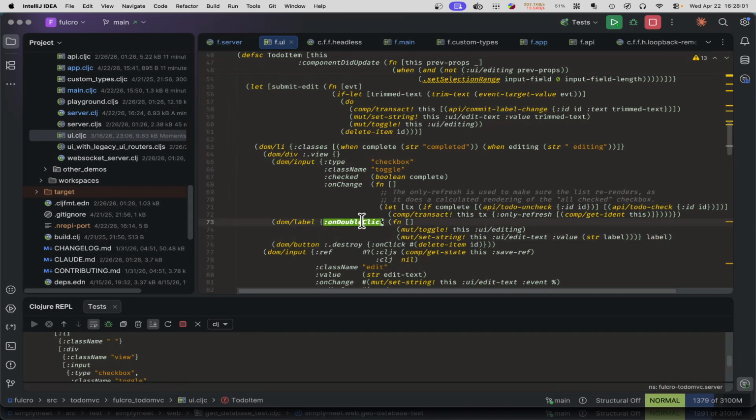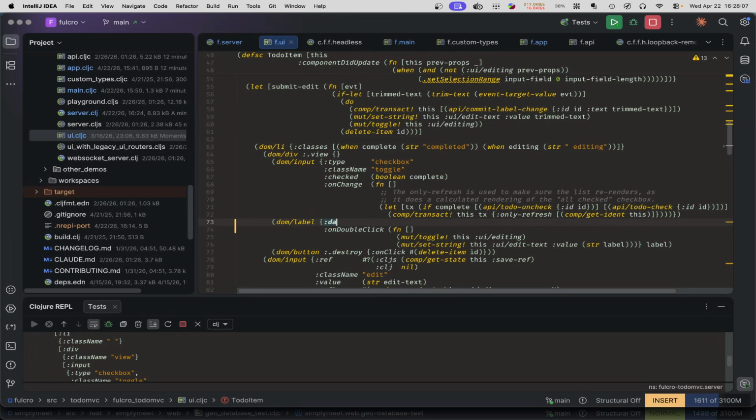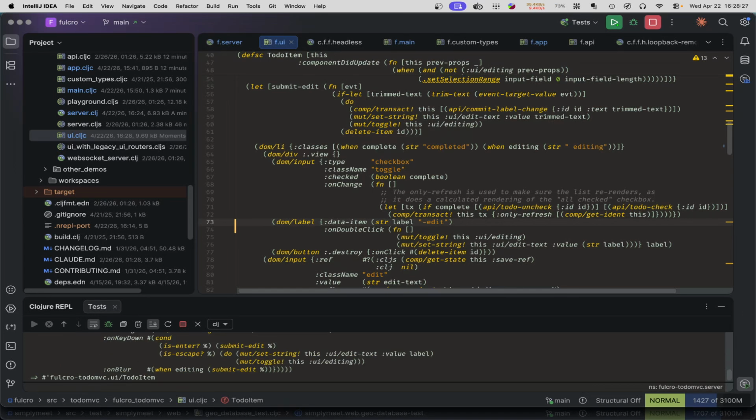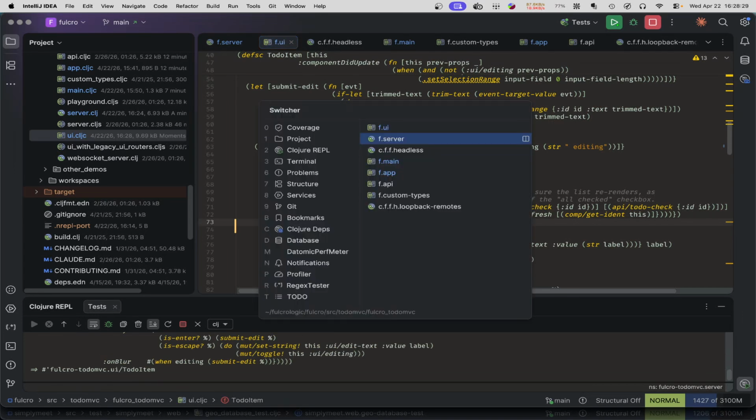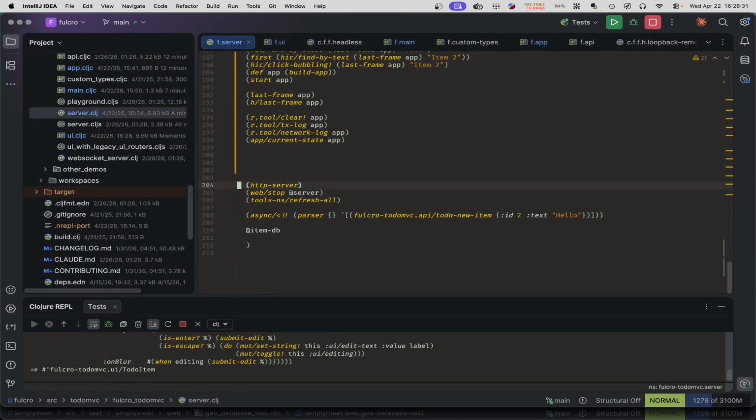And if I double click on it, it puts me in... so I could do things like data item, and then I could use a string label. What can I do here? Something like that, right? So if I reload this particular guy and then go back to my server code,